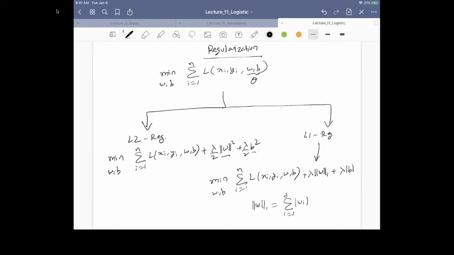And essentially what L1 tries to do is that we are adding the absolute value here of W. So intuitively, does someone want to tell me at a high level what might be a difference between the L1 and the L2 regularization in terms of the obtained solution W? What will L1 try to do and why? Any idea?